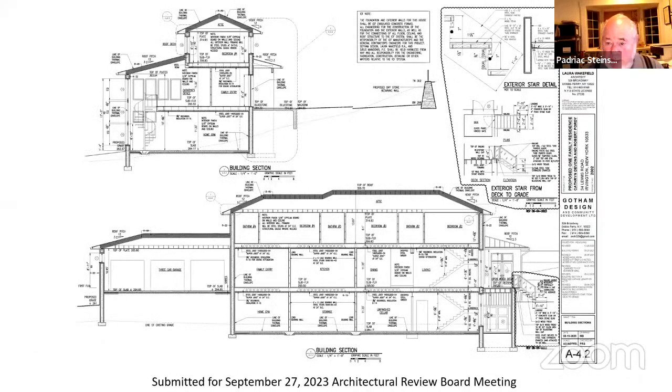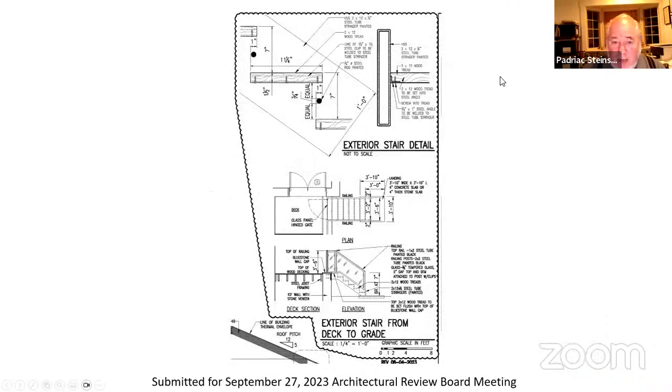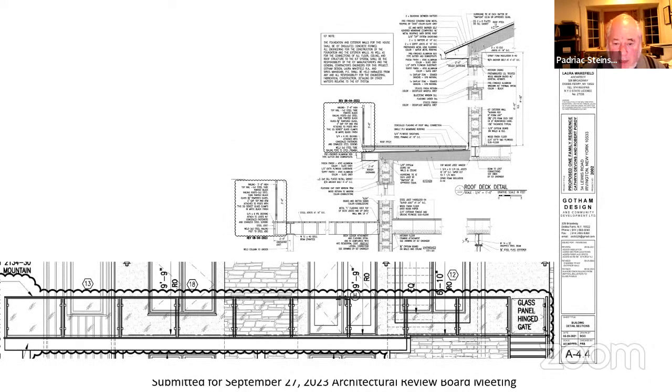Here's detailing for how the stairs are to be built. The stairs, railings, treads, everything match the deck and the railing on the deck that's already built. Here's kind of showing that on the larger scale. Very clean line that fits with the aesthetics of the house. And then this is just showing the detail of the metal framed railings and what it looks like with the clamps holding the glass in place. There's a 2.5 inch space at the bottom of the glass. It's open on the sides and it's held in place with the clamps.